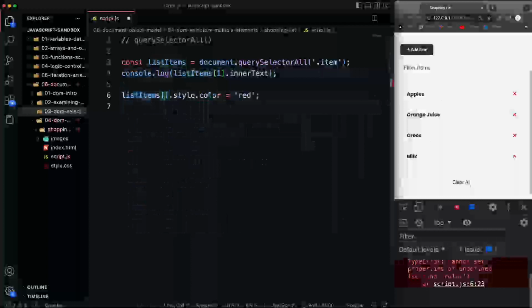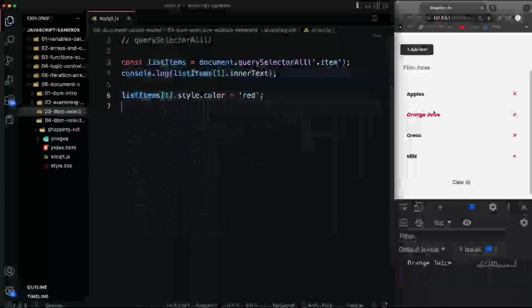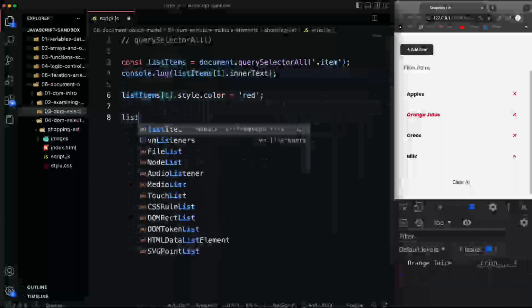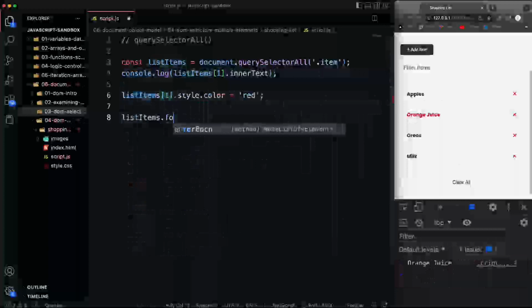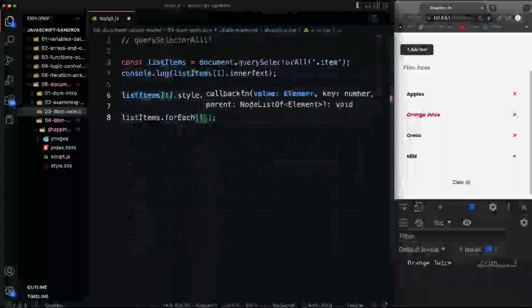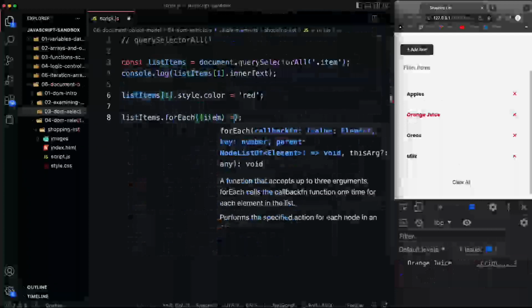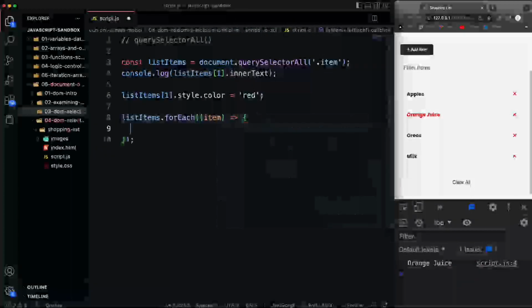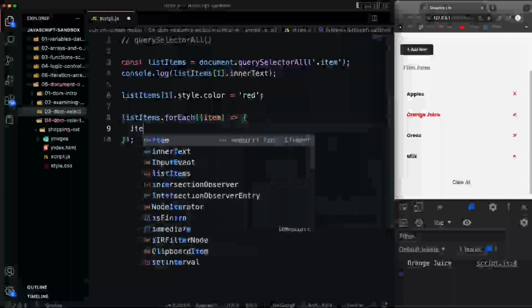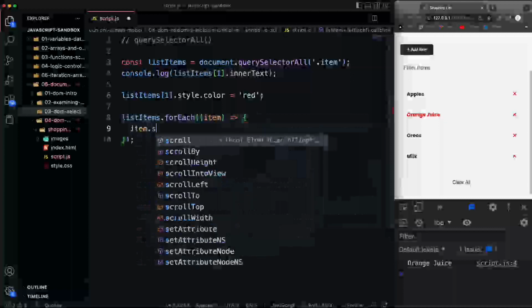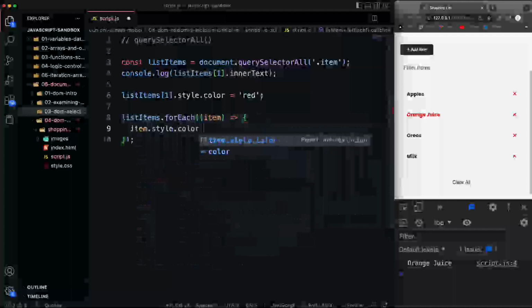I could say 1 and that'll change just that. But what I would do if I wanted to change all of them is a forEach loop, right? So I could say listItems.forEach, and in here we'll say for each item, and then we'll take that specific item, and let's take the style, set the color to red,